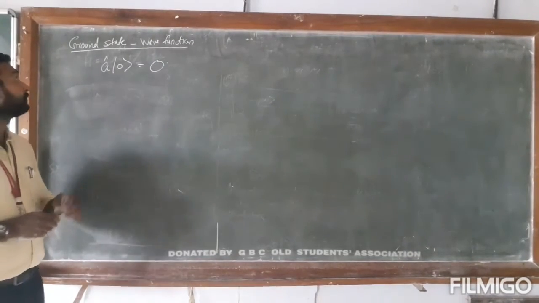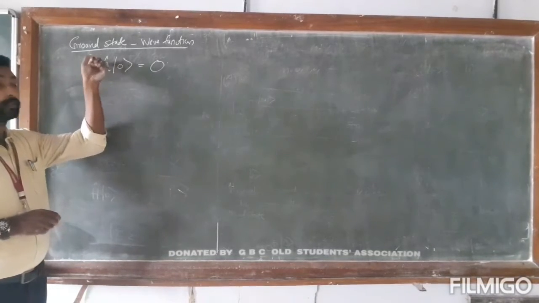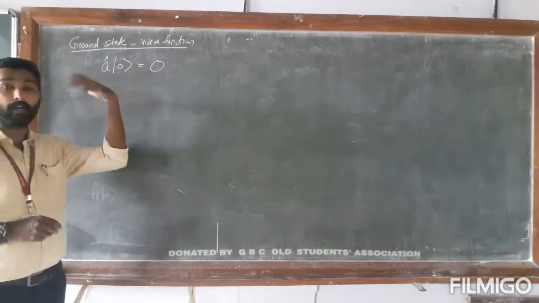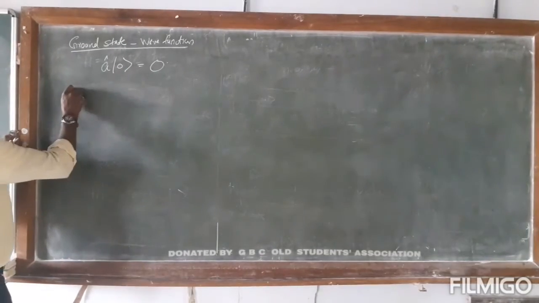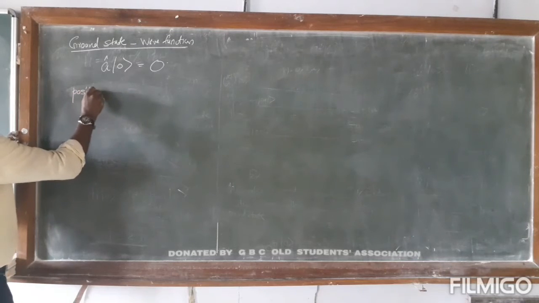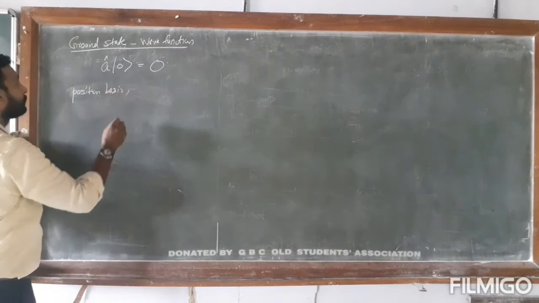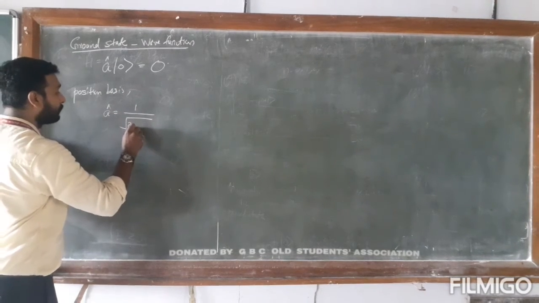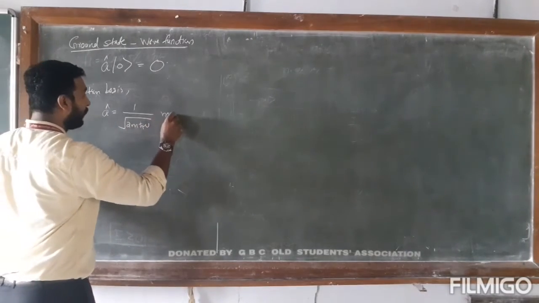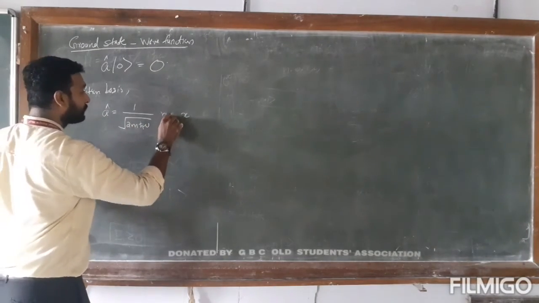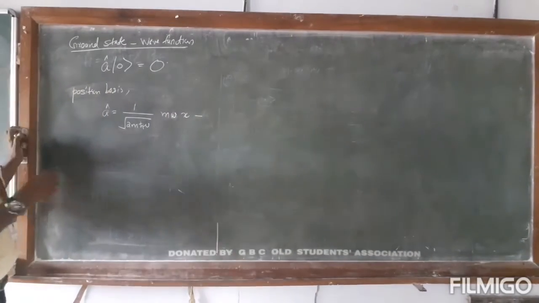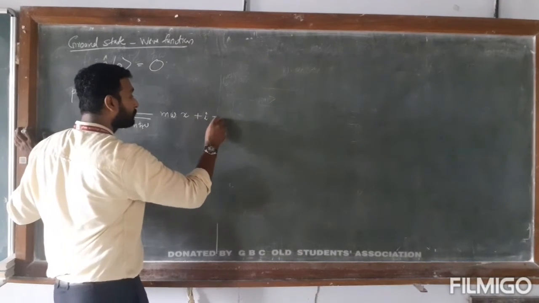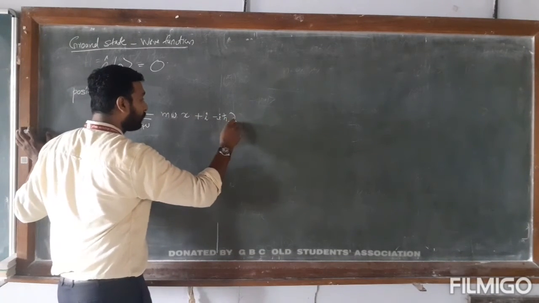So next we can have the wave function in the form of the ground state. We have represented the ground state as |0⟩. So a acting on |0⟩ vanishes, it becomes 0. So in the position basis, I can write a as 1 by square root of 2m times (mω x plus ip). So plus ip can be written as minus iħ d/dx,